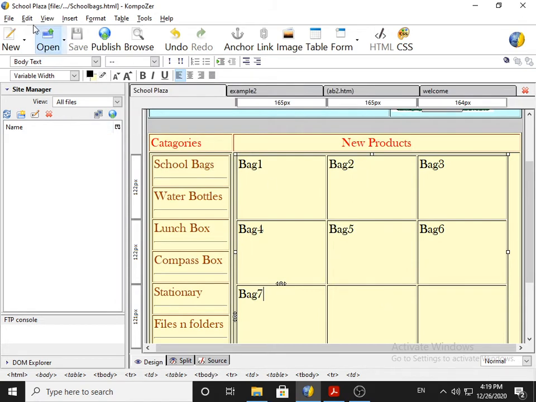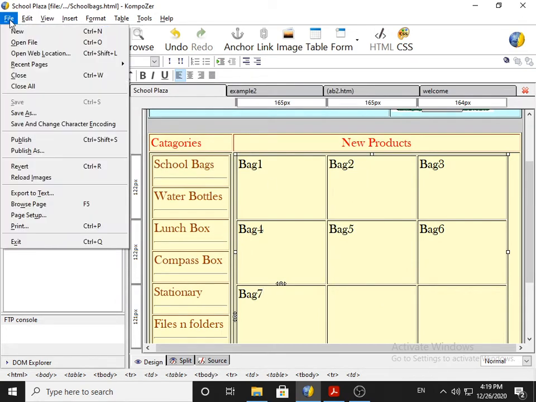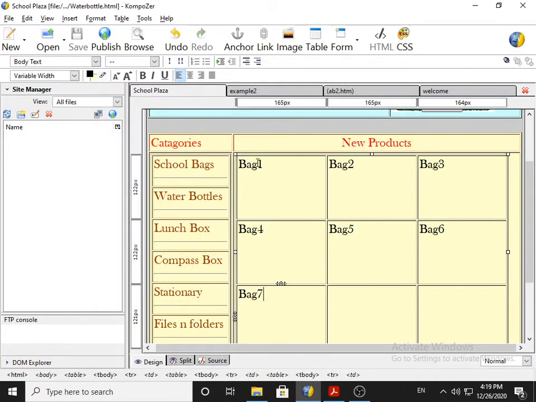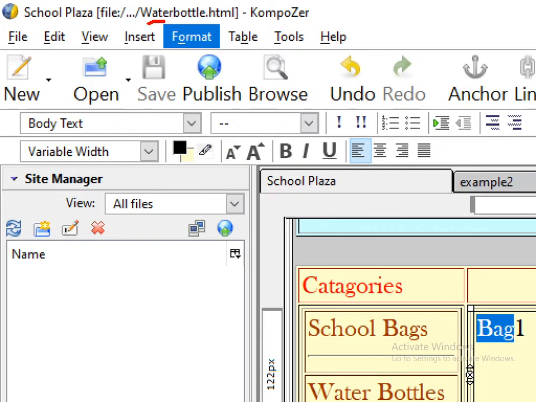Now again I go for File, Save As, and I give the name of the file, for example waterbottle.html, and I modify this file because this is which file? Water bottle.html.